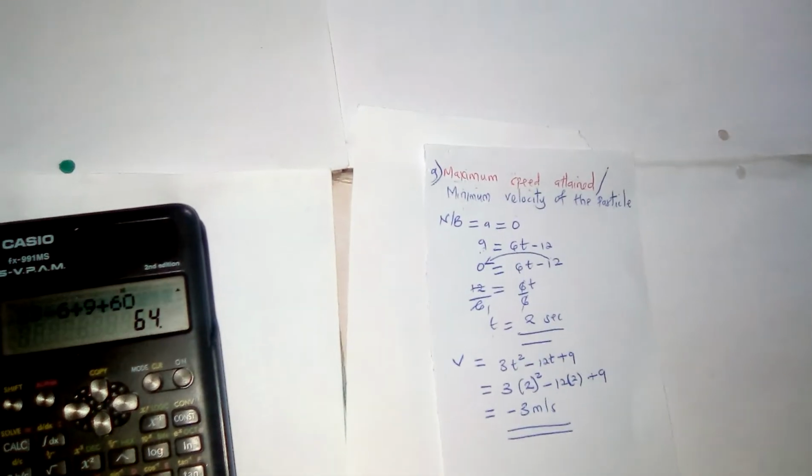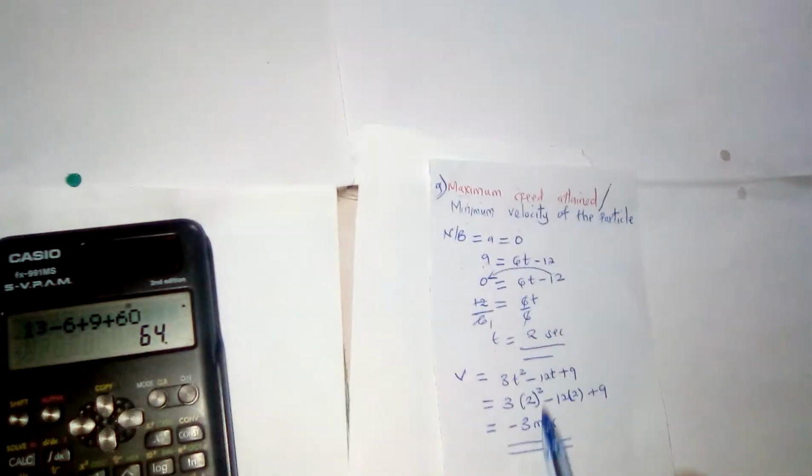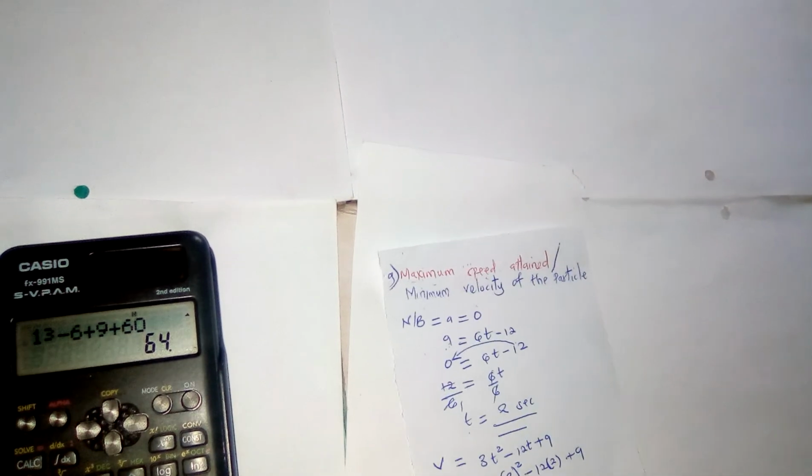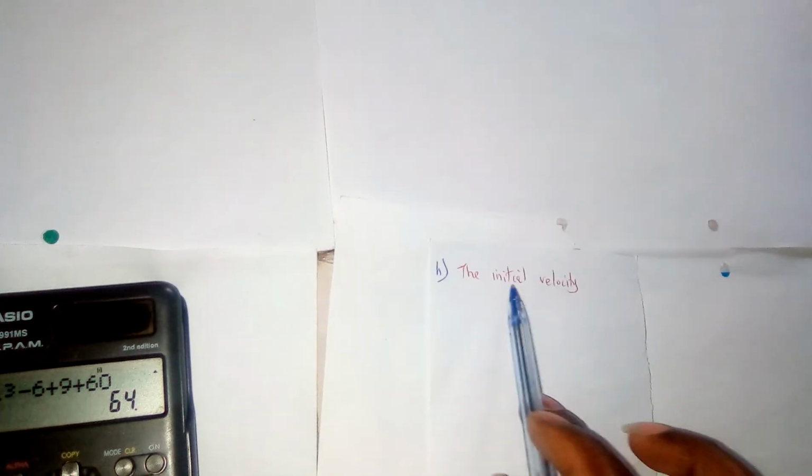So whichever question, you are supposed to use the solution I've given there. Now that is G. Now let us look at F, how we can solve F. Here, you've been told to find the initial velocity. You are supposed to get the initial